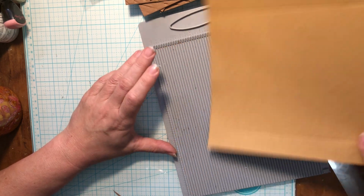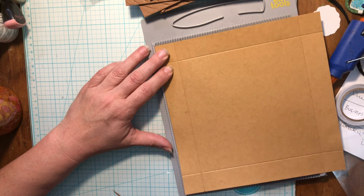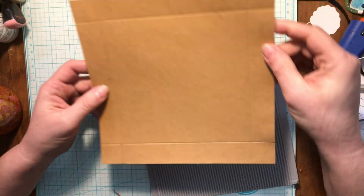So that we've got plenty of room to attach the outside of our box or our basket. Excuse me. All right, now